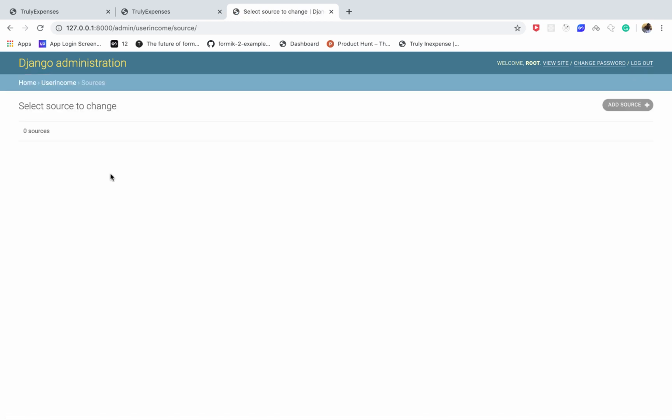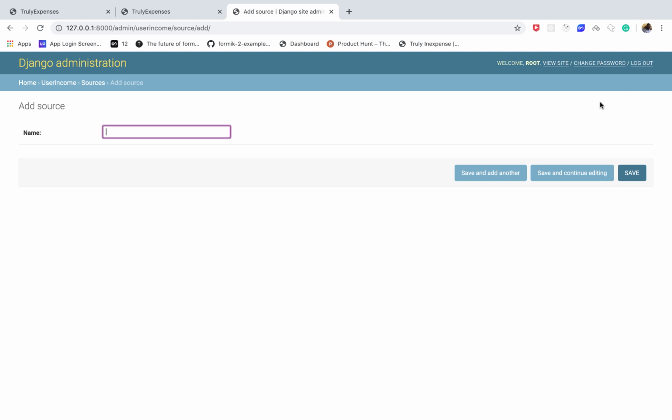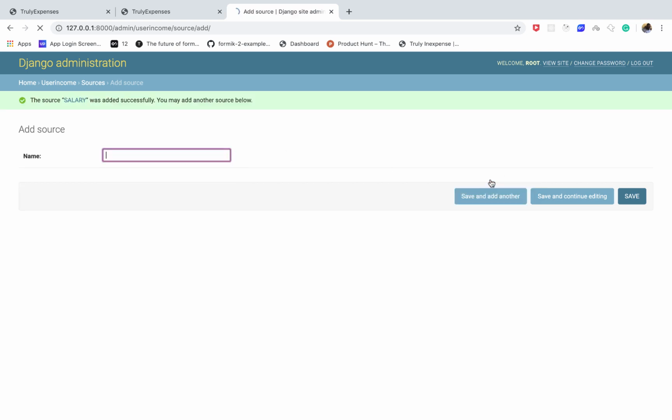Now in the sources, we can add a source. This one is going to be like maybe salary. Let's have that. Then add another one for business. I'm not sure if you'll be doing a business and then you're paying yourself salary. I don't know how that would feel. Okay, so right here, let's also add maybe side hustles. Okay, let's save it. So now that we've added these three,